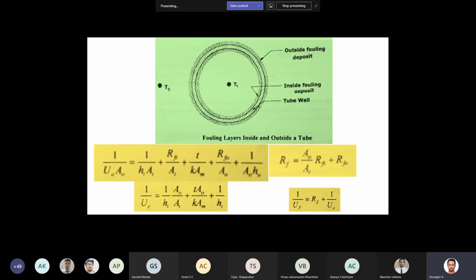Okay. So here you can see this is the tube wall. This is where fouling happens. Over this you have the film formed. So you have inside fouling deposit and outside fouling deposit. This is the temperature at 2 different points. Okay. So 1 by U naught is equal to...